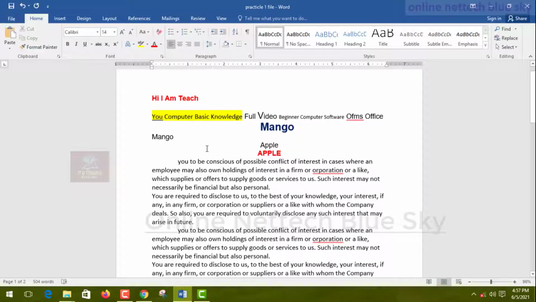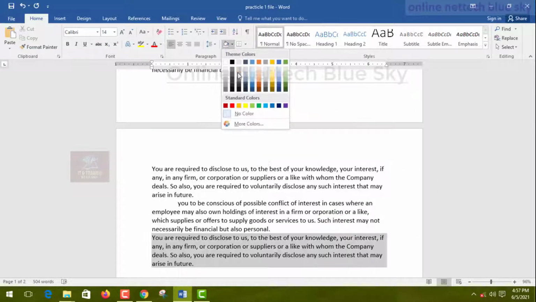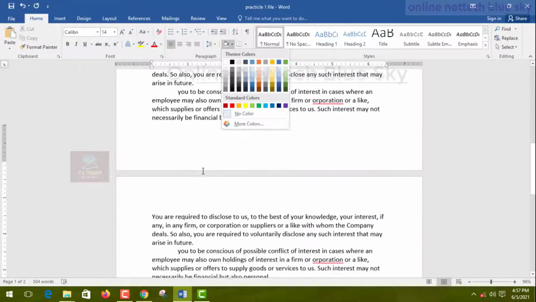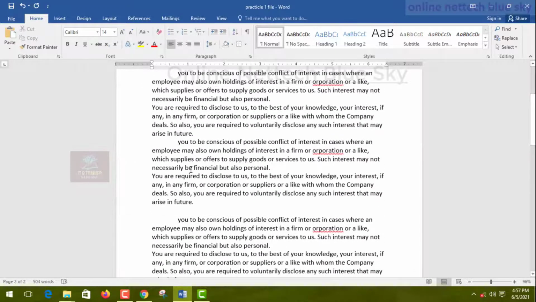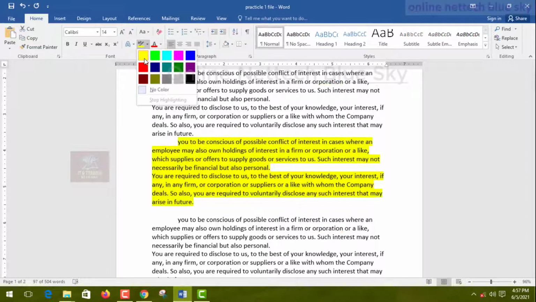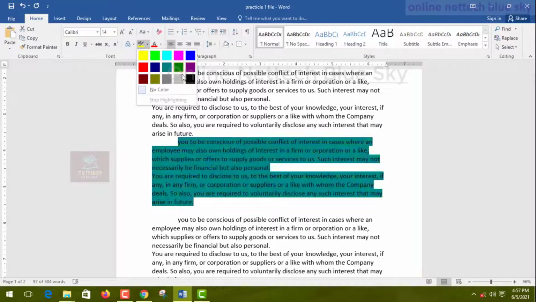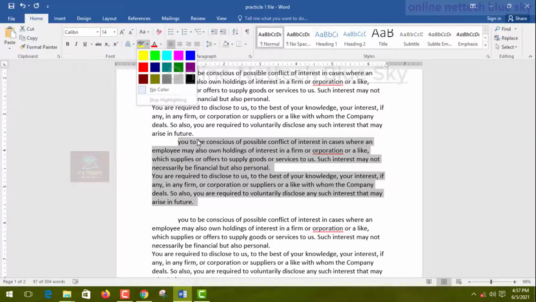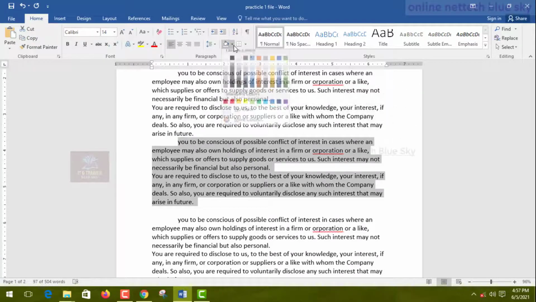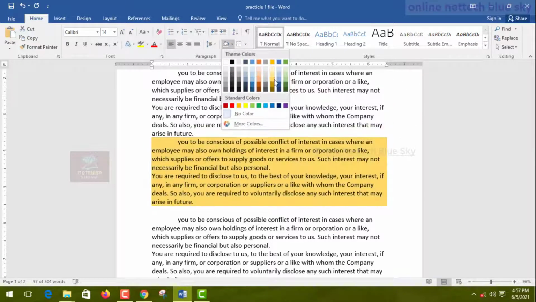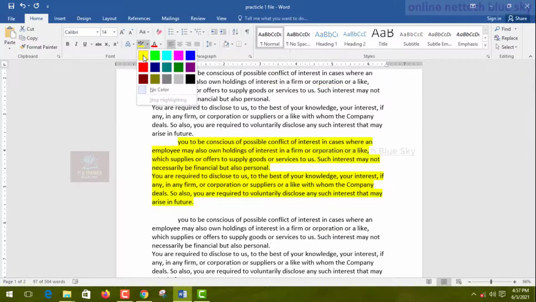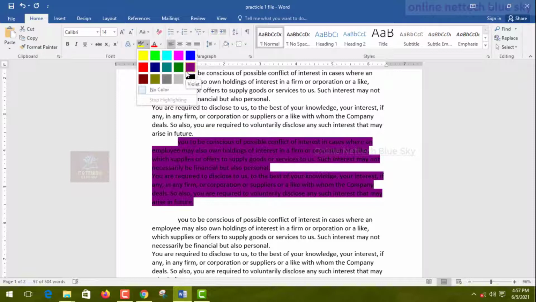Okay, the next option is Theme Color. So what is the theme color? Two types of color are available here. You can see the letter background side color, for anything you select in your paragraph. And second is theme color. Theme color means one type of color for everything, line to line, but the letter type is only the letter background side. Okay, I select this.